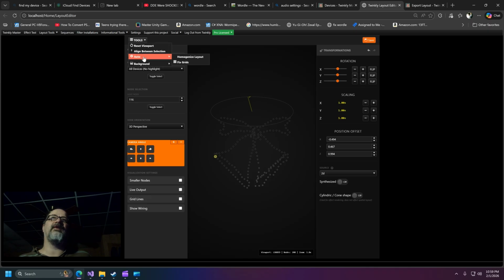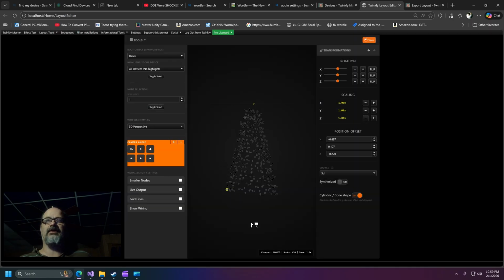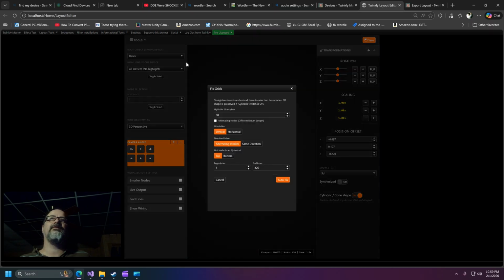And then one final tool we have is fix grids. It doesn't work with just grids, even though you would think it does. So let's say I pick Dalek. I go in here and I say fix grids. It's pretty complicated. It's basically a grid builder. So I'm going to start bottom,